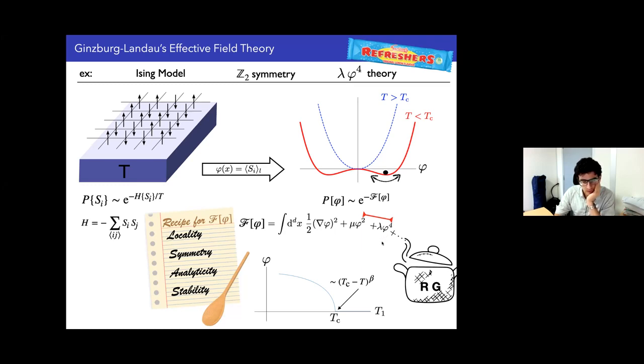But I would like to emphasize that even before doing this RG step, which is usually considered the heart behind universality in equilibrium, these rules are very constraining. There are not so many free energy densities you can write given a dimension, given a set of symmetries, and especially given this rule of analyticity. Look, you have this phi squared term here, and the next term that can come, because of symmetry and analyticity, is the phi 4 term.